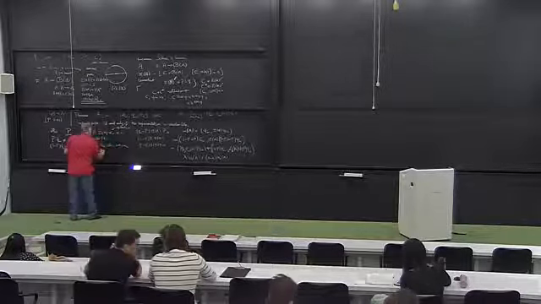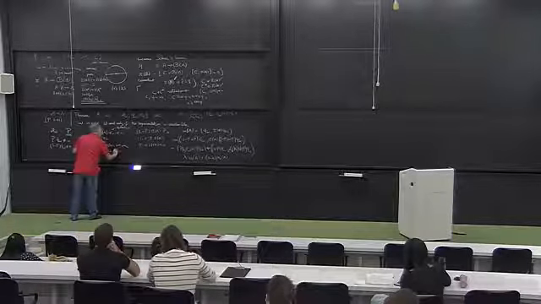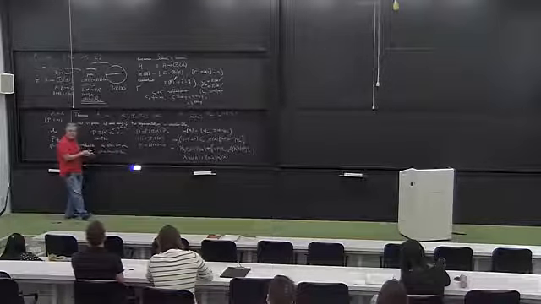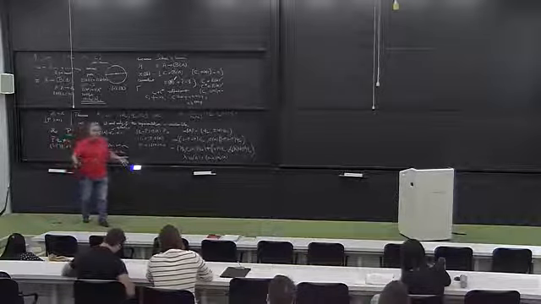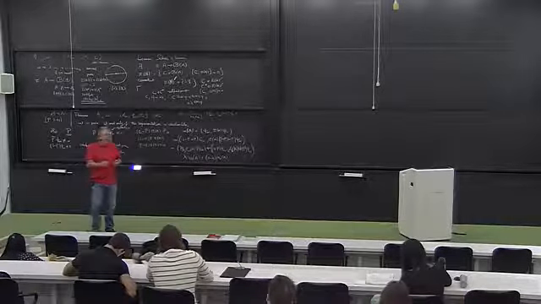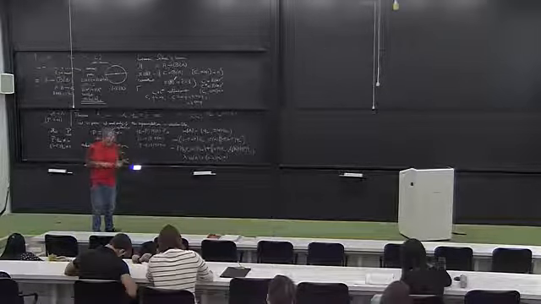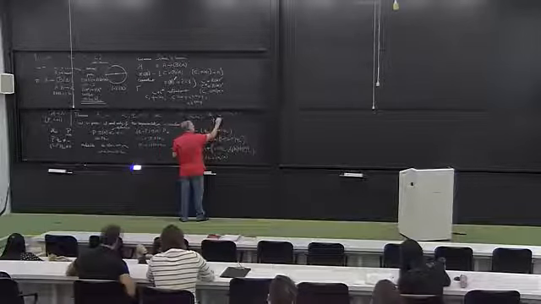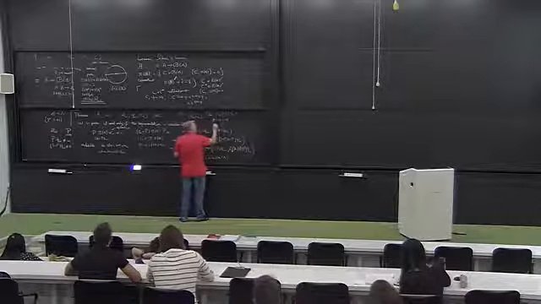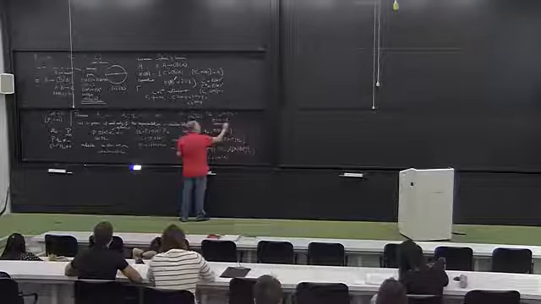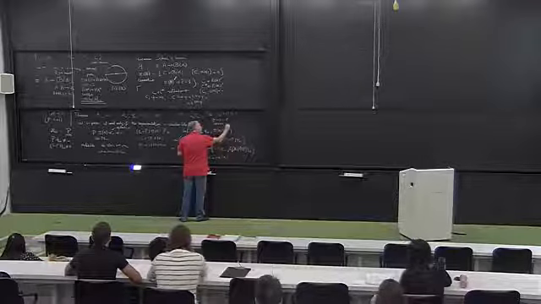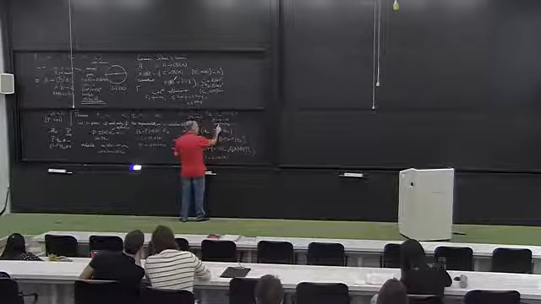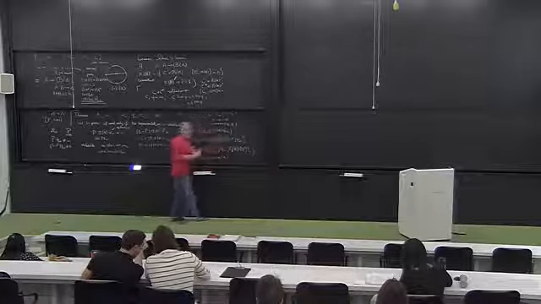Means that you can write omega like lambda omega 1 plus 1 minus lambda omega 2. Now you can use the Riesz duality theorem, which is fundamental in quantum mechanics and says that a Hilbert space is self-dual. Means that if you consider the linear functionals on a Hilbert space, they have a representative as vectors. Any linear functional on a Hilbert space can be represented as a scalar product. This is the Riesz lemma.